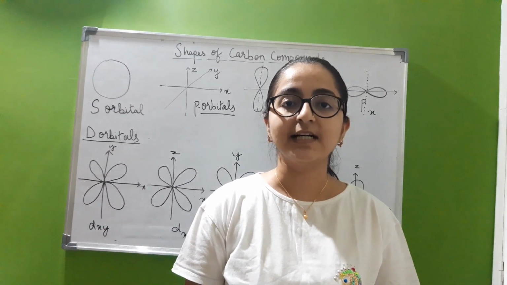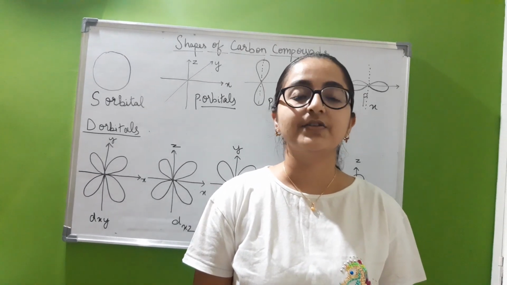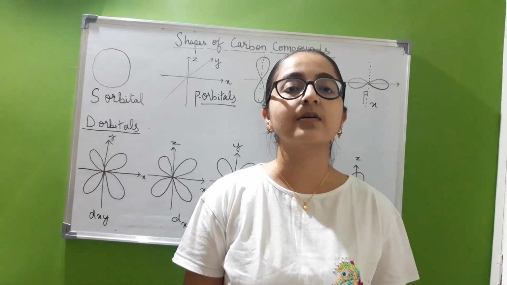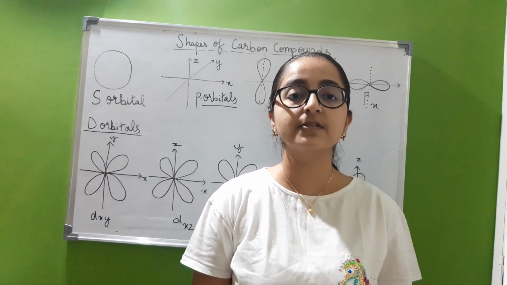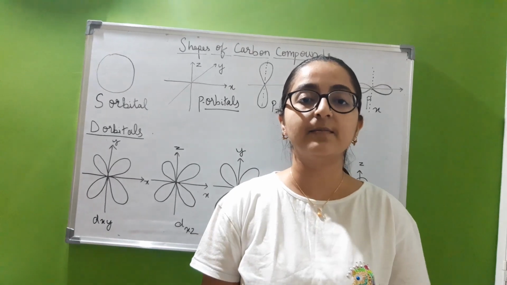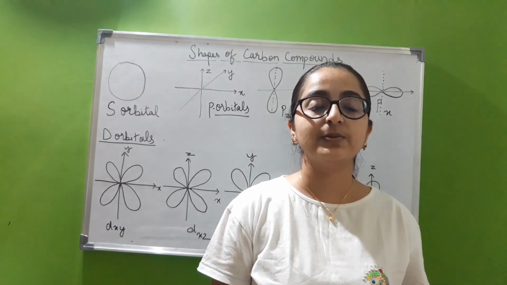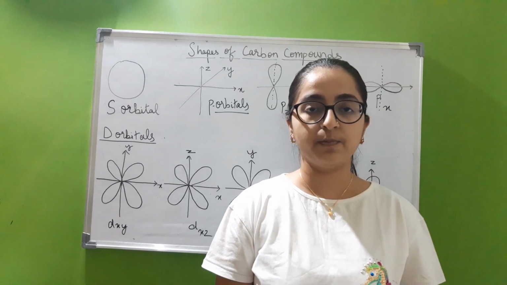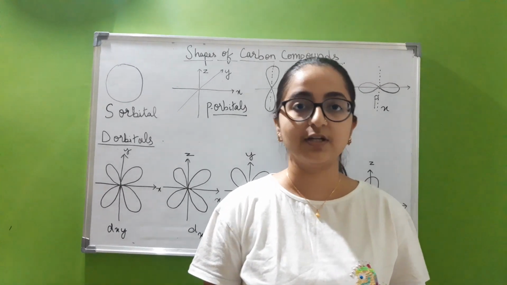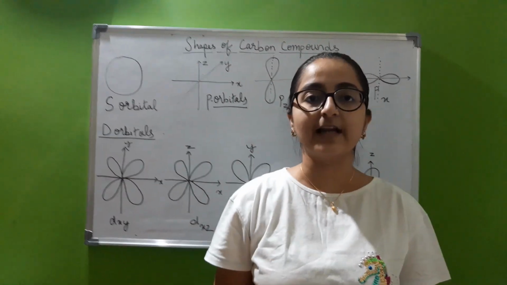Today I, Kusumita, am going to be talking about a few concepts from organic chemistry. I am going to explain the shapes of various carbon compounds, the different bonds they form, that are sigma and pi bonds, also the characteristics of these bonds, and the 2D and 3D representation of organic compounds along with the classification.